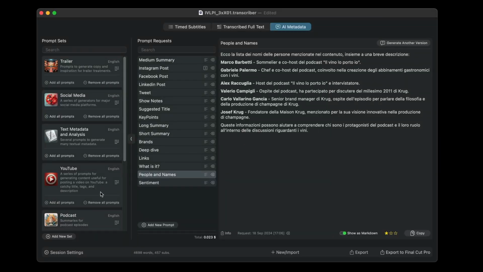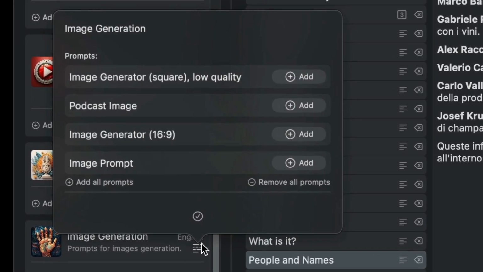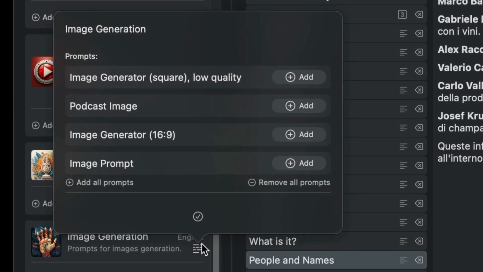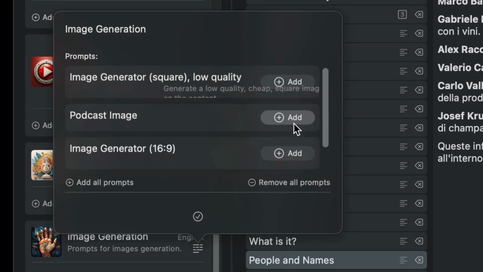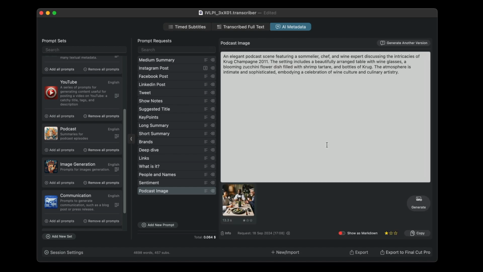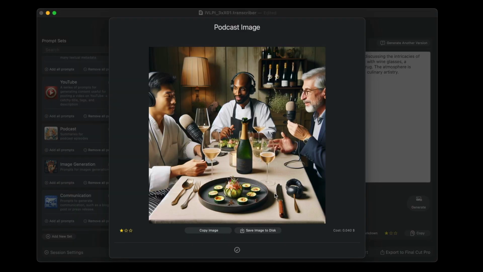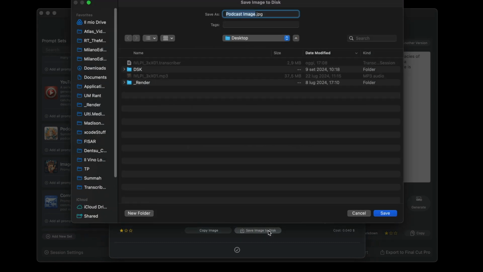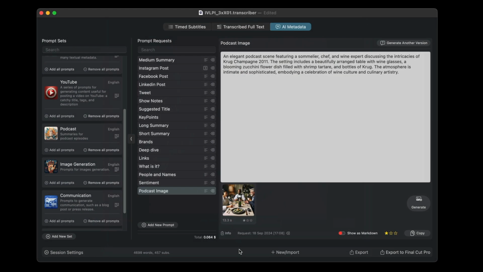The Images set also allows you to create images with artificial intelligence. We have prepared some prompts to do the generation. Once again, go to the set and select the prompt you want to add. Next, run the prompt. In this case, the prompt takes longer to run because in addition to the prompt, the image is generated. The costs of images are significantly higher, in the order of magnitude of at least 10 times compared to text-only prompts. Each image can be rated with 1 star, 2, or 3, and exported, saving it to the disk in PNG or JPEG format.